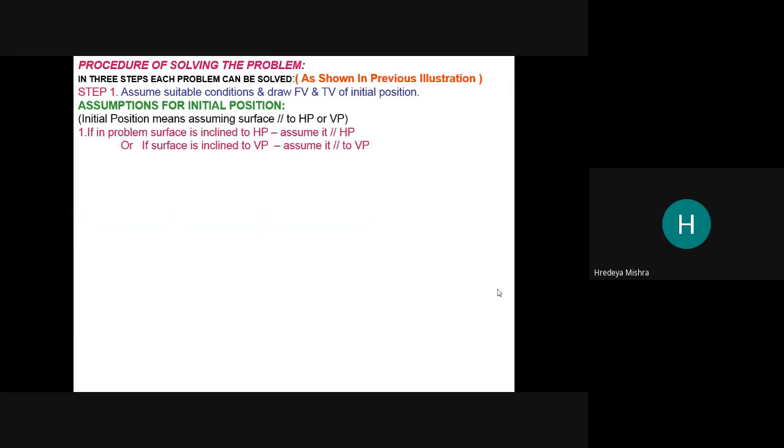If in the problem the surface is inclined to the horizontal plane, we can assume it parallel to the horizontal plane, or if the surface is inclined to the vertical plane, we assume that the surface is parallel to the